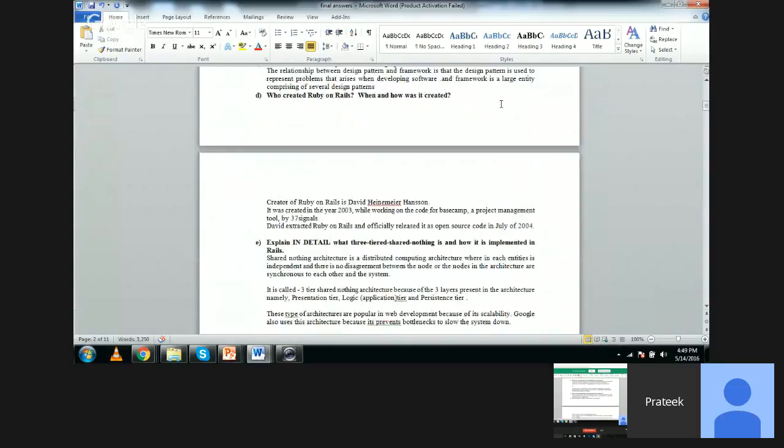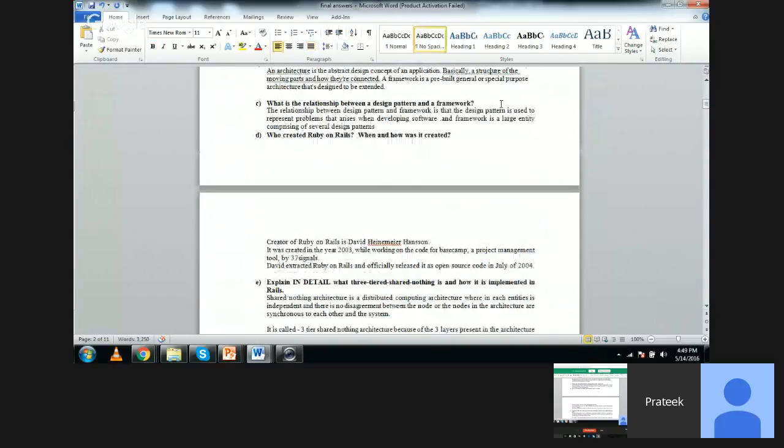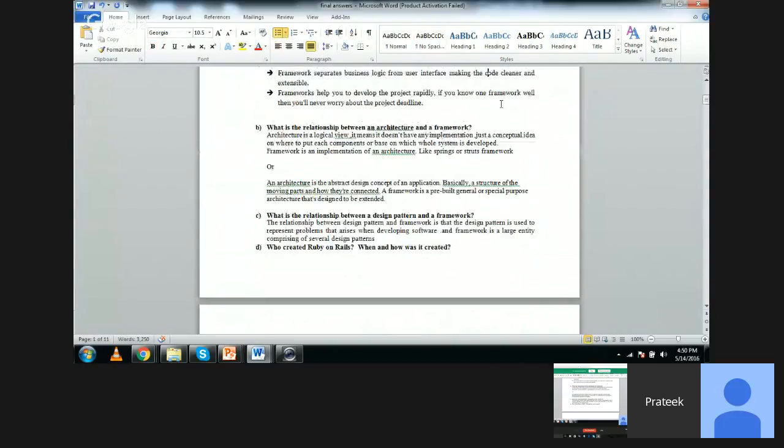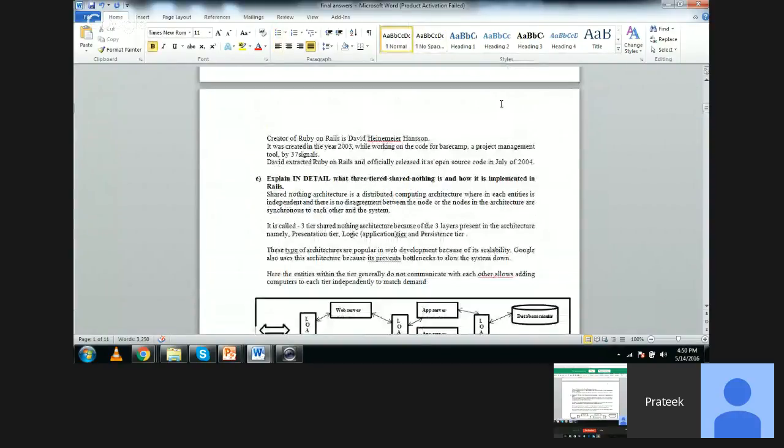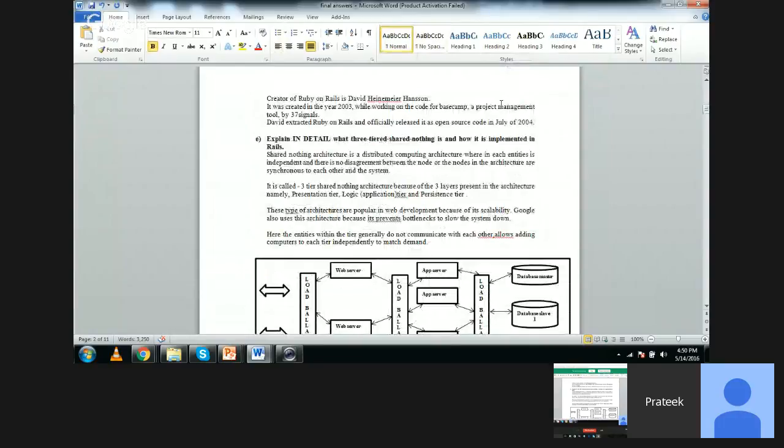But like, who created Ruby on Rails, I don't think I need to explain much. No, this one is okay. I mean, the D part is okay, but look at the C part, the relationship. You can give something about the relationship, right? Who creates, that's a fact. The facts are okay, you cannot elaborate the facts. But the relationship explanation is needed there. You are talking about B and C, right? Yeah, precisely. Okay, fine. In the case of relationship, you can make a table of similarities between both of them. Okay, fine.